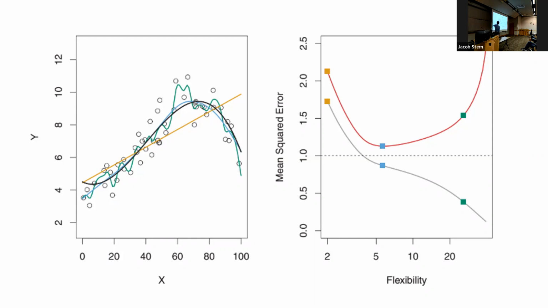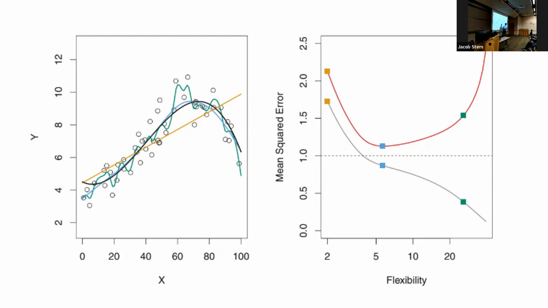Yeah, and you can see that obviously green is very overfit, and so if you try to apply green to predict new points, it's probably going to have a hard time. Orange is extremely underfit, to where you're going to have error due to basically not being flexible enough to handle this kind of concave curve at the top of our data. And so